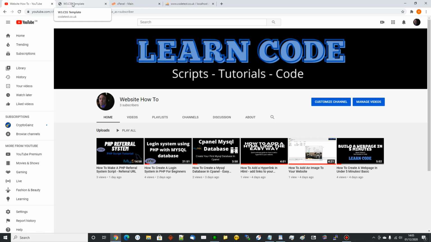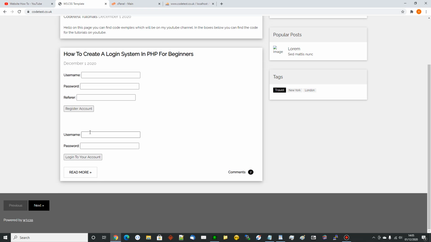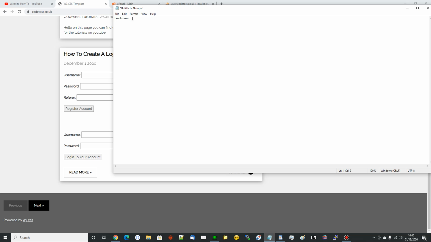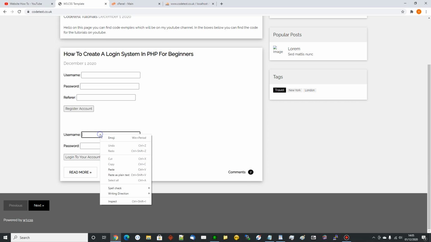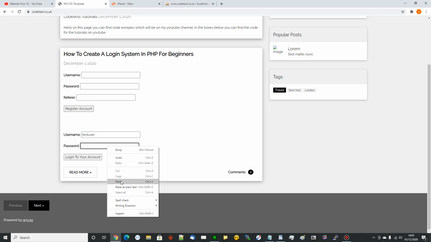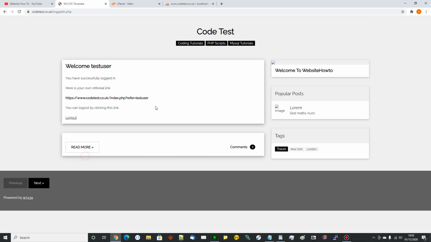Firstly, we'll go to the website and we'll log in with the details we created in the previous video, which is test user. We'll log into the account. There's nothing in here that says how many people you have referred or anything like that. So we're going to place it just here so you can see how many people have actually registered using your